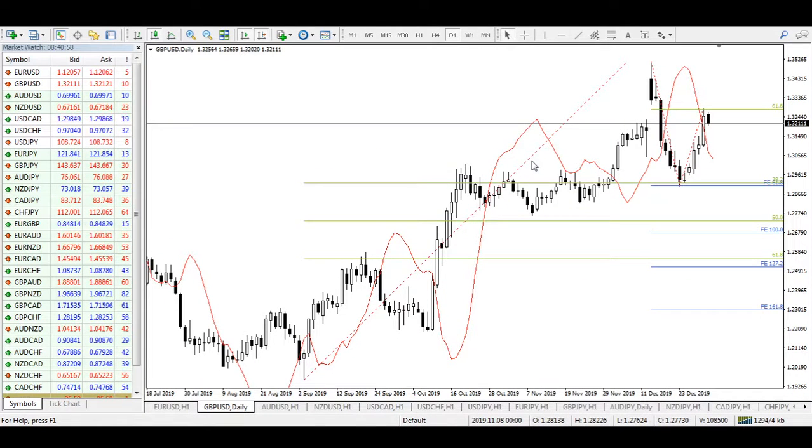Hi fellow traders, I'm making this video to explain my sell trade setup on GBP USD. The only contradictory factor to the sell trade setup is a closure of price